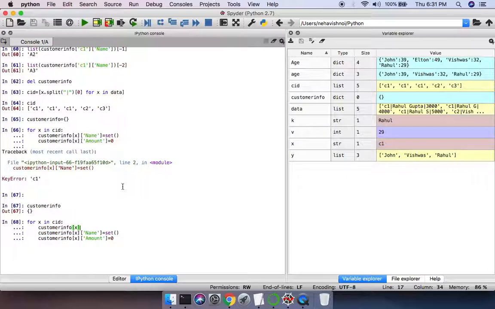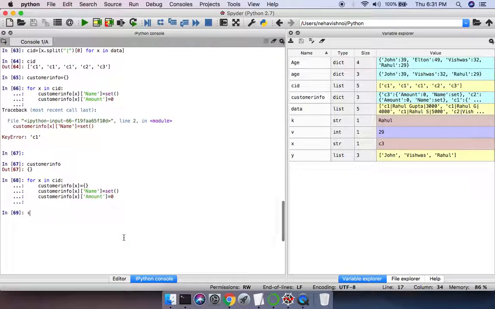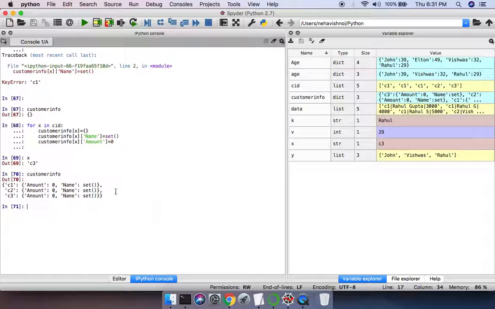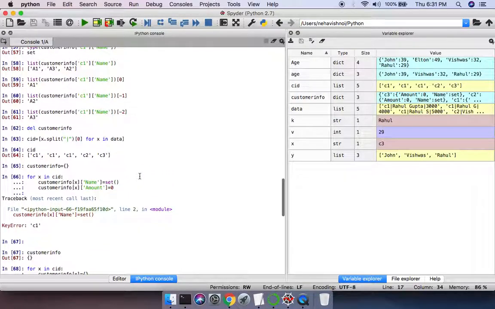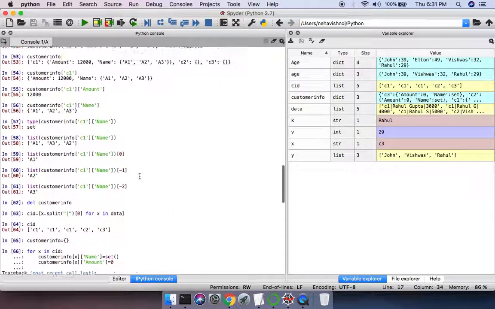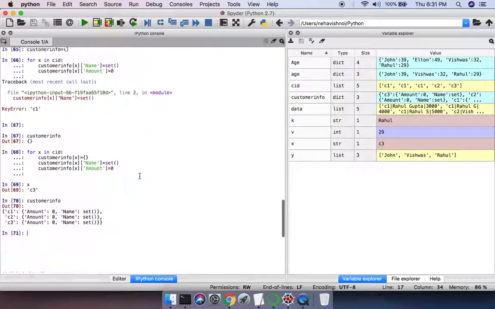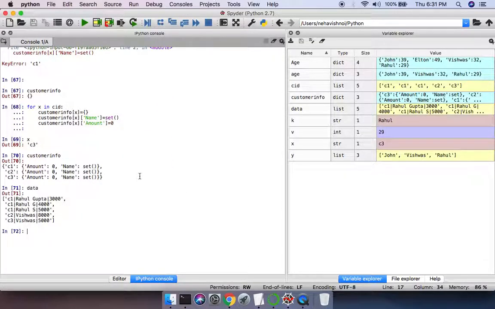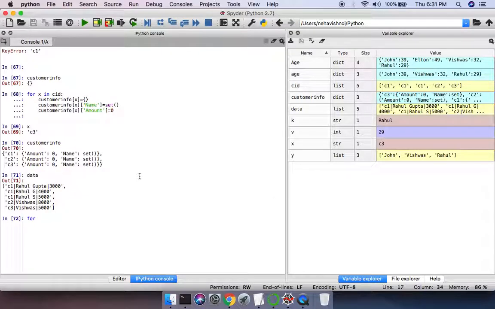That is what I have to create first, an empty dictionary, and then I have to say this, and now customer info is initialized. Now what I want is all the names here and all the amounts here. So let's dive right into it. Let's see what our data is. So I am going to say for item in data,